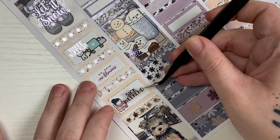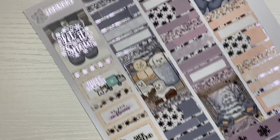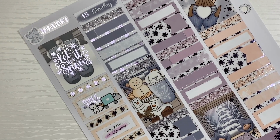However, this little girl is from LYNNERDESIGNS, and I made this script, obviously. So, I don't know if I already said it, but this week was so long ago, I pulled the stickers before we moved. I just did not have time to film the base or the boxes for it, so I was like, whatever, I'll just do it all when I move. I don't remember really what went on this week because it's basically a month ago at this point,